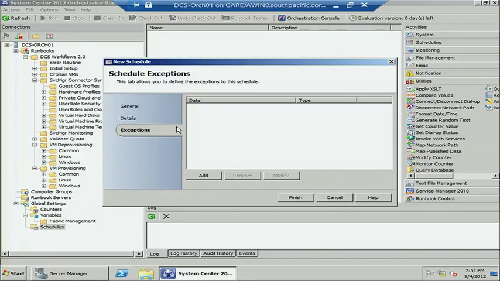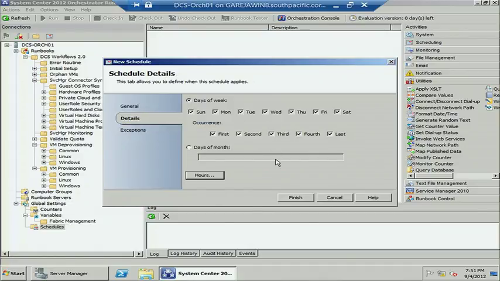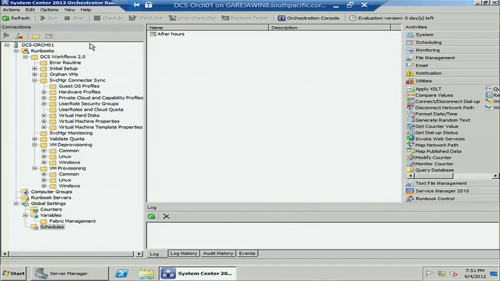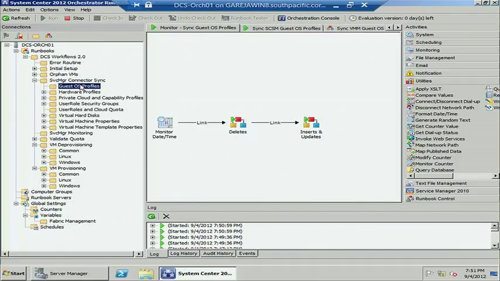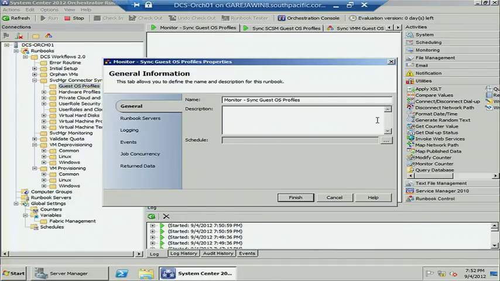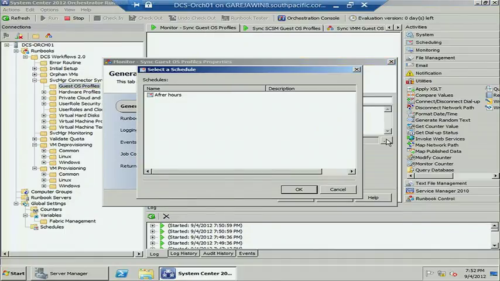So once you've set the details of that, and we'll just say, all of that, so after hours, you can then apply that to a runbook. So let's say you've got a monitoring runbook that runs every 30 seconds or something like that, but you don't necessarily want it to be hammering the system all the time. There's specific hours that you want that thing to execute on. So then you can just say, within the actual properties of the runbook itself, I want you to apply a schedule,